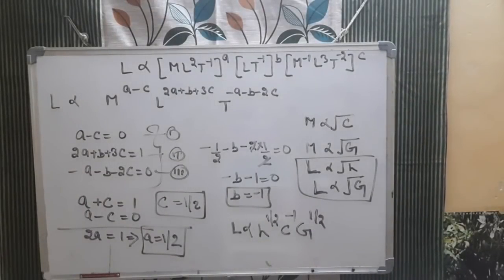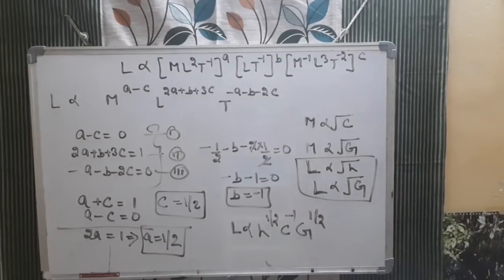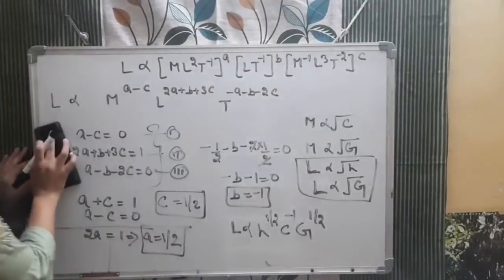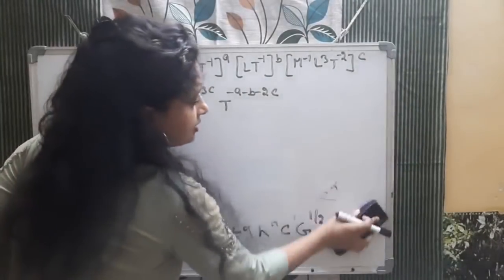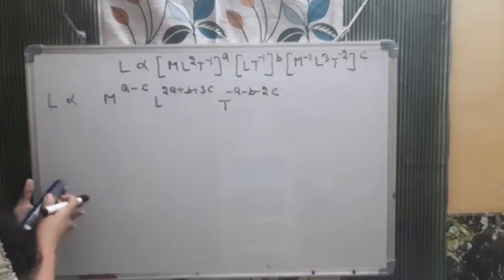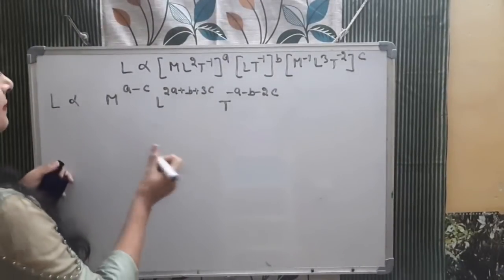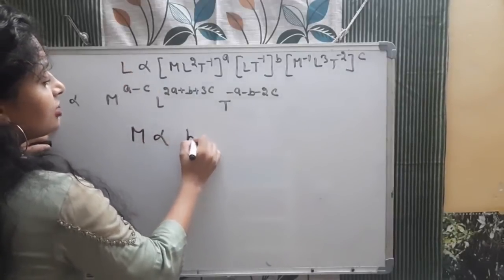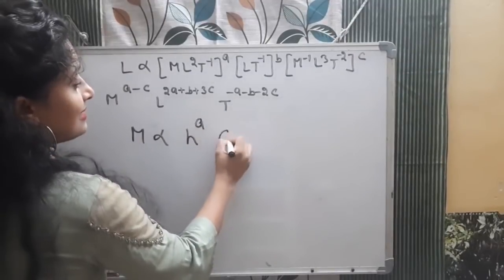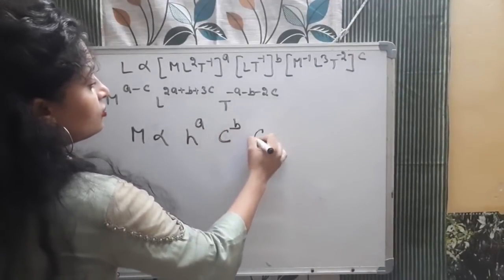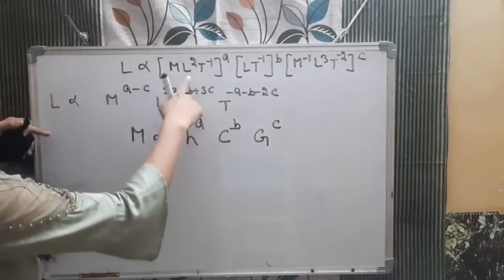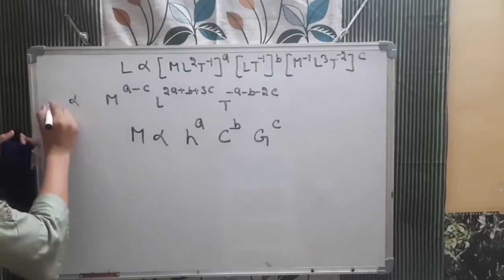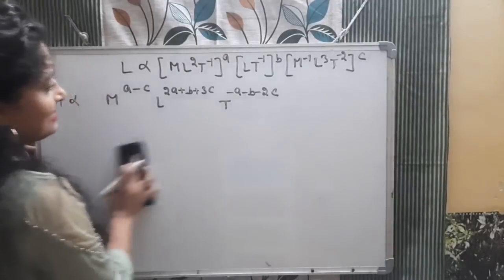Same way we will try with the mass M. The same case you have to do with M, and I am giving you that as homework. See, how will you do it? Same way. So these options were correct for the L. Now for the mass. Here mass is directly proportional to H raised to the power A, and then C raised to the power B, and then G raised to the power C. Same formula again. You will compare. This time, M I am putting directly. You please try it by yourself.